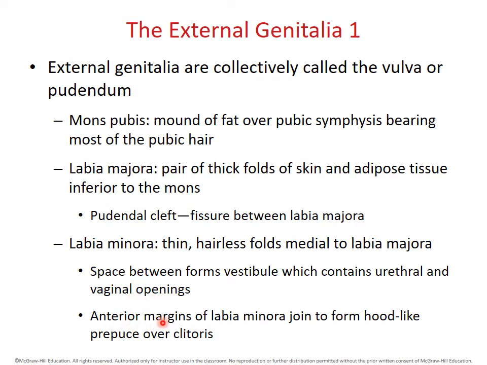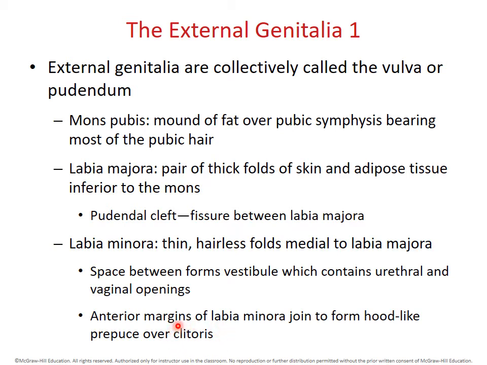As the labia minora come together at the anterior end of the vestibule, they fuse together to form a hood-like structure known as the prepuce. This is analogous to the male foreskin, and the labia majora are analogous to the scrotum. The prepuce, the fusion of the labia minora anteriorly, is analogous to the male foreskin. And just like the male foreskin or prepuce, it covers a sensitive structure that is capable of enlarging